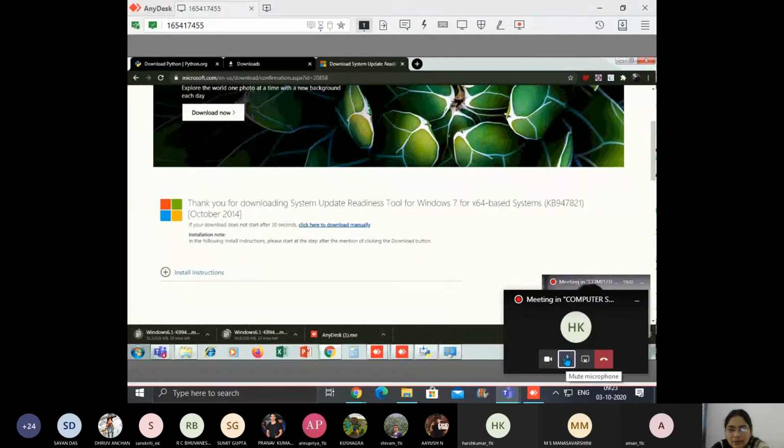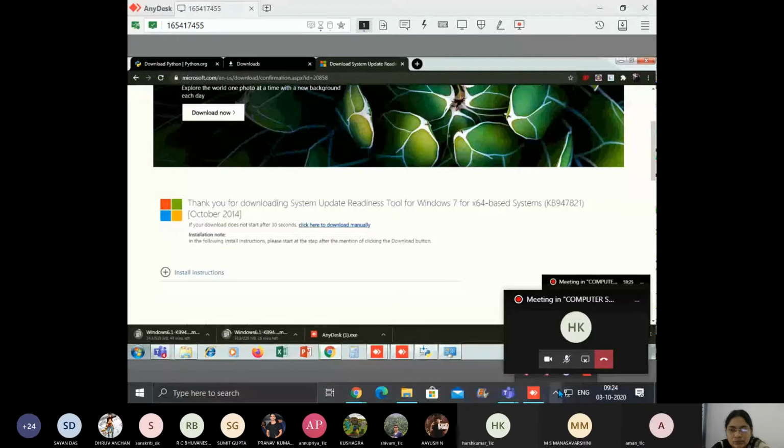In a particular computer, a particular Windows is already installed, ma'am. If you want to add another Windows, then we have to do it from the CD, not from the net.